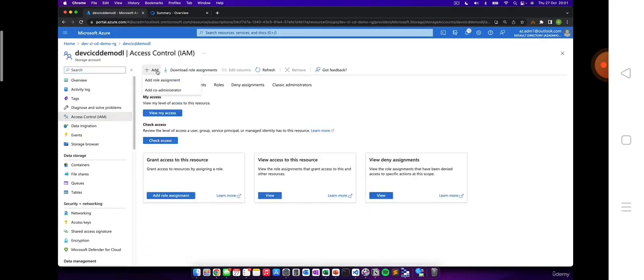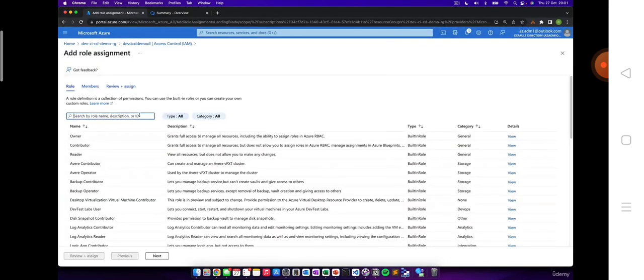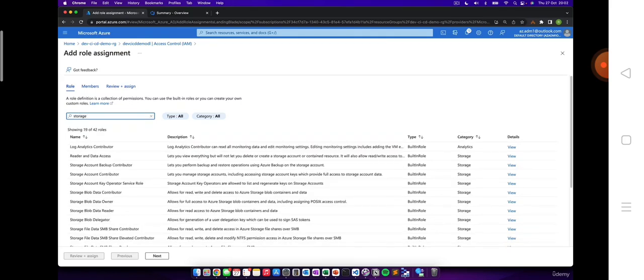The role that we're going to give is the storage blob data contributor. That role gives the data factory access to read and write data from the storage account. So that's what we're going to do. Storage blob data contributor. So let's pick that, and then let's click on next, and let's click on managed identity